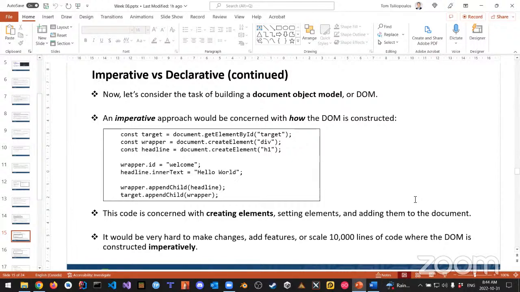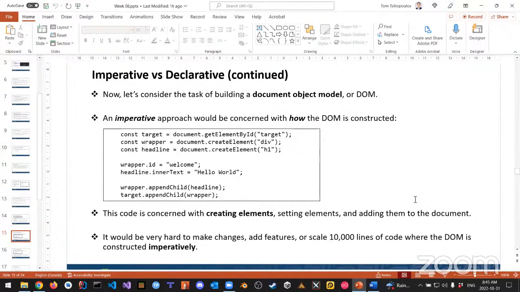So the document object model, or DOM, right? If you think what the document object model is, it's the HTML tag or element and everything inside of it. We have the head of the document. We have the body of the document. And inside the body element, we can put in whatever we want. Normally we would say document.createElement. We can make an element like this, and we would create our own document object model for our page. And if we were to do it in an imperative way, if I was to actually go and create my entire page this way,